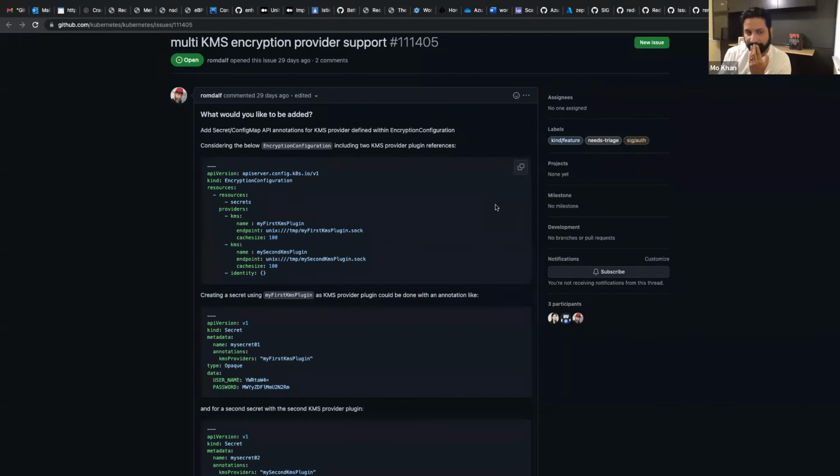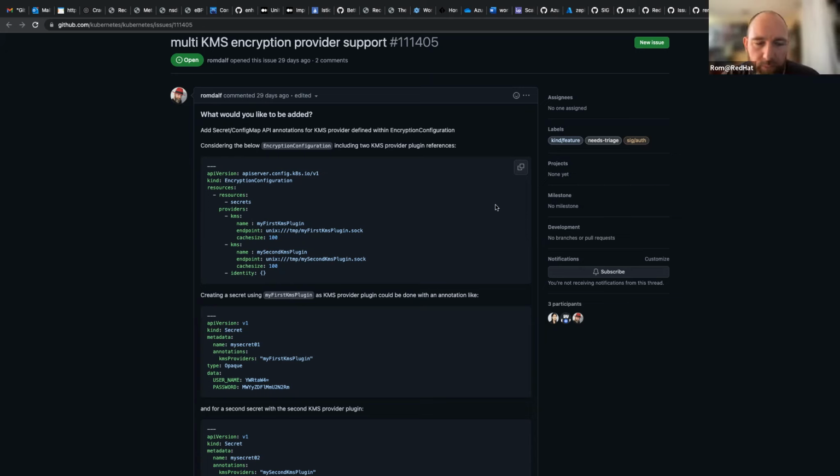I'm coming back to my statement earlier that it would help on managed services like AKS and so on. When we don't have access to the control plane, we actually will not have access to the file, so it will not help. That's something that just occurred to me right now.